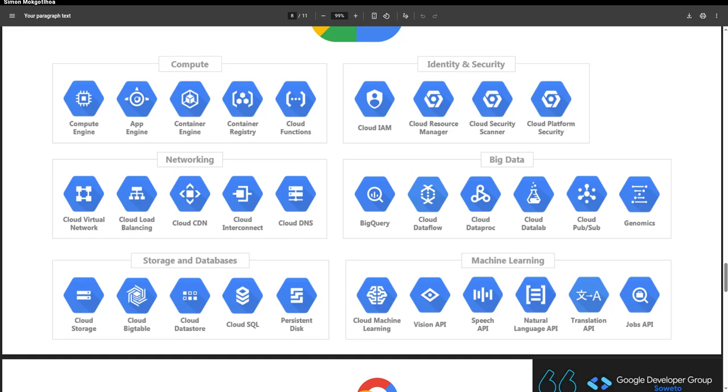So now let's also look at networking. On the side of networking, which is over here, just in case some people are not following along, we have really a VPC, which is a virtual private cloud. Now, this allows you to create your own isolated private network within Google's infrastructure. Now, this gives you full control over your IP address ranges, your subnets, routing tables, and even firewalls. Then we also have a Cloud CDN, or Cloud Content Delivery Network.